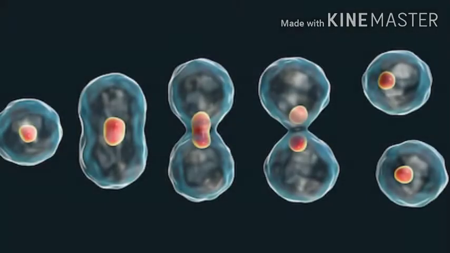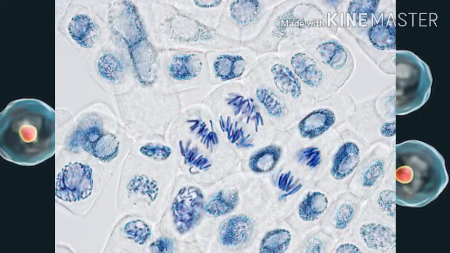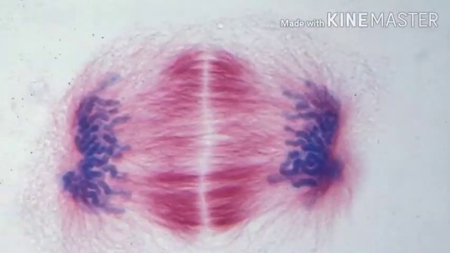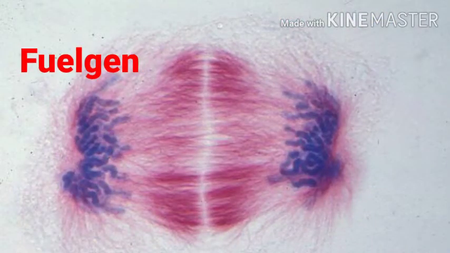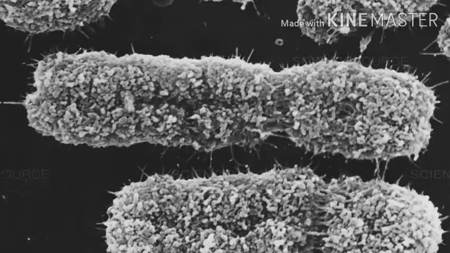All cells, to maintain their existence, need to divide. During cell division, the chromatin condenses and becomes thick enough to form specialized structures called chromosomes. Usually, to see it properly, some basic dyes like Feulgen or acetocarmine are used to stain the chromatin network and the chromosomes. The size and the number of chromosomes vary from species to species and genera to genera, but within a species it remains constant.